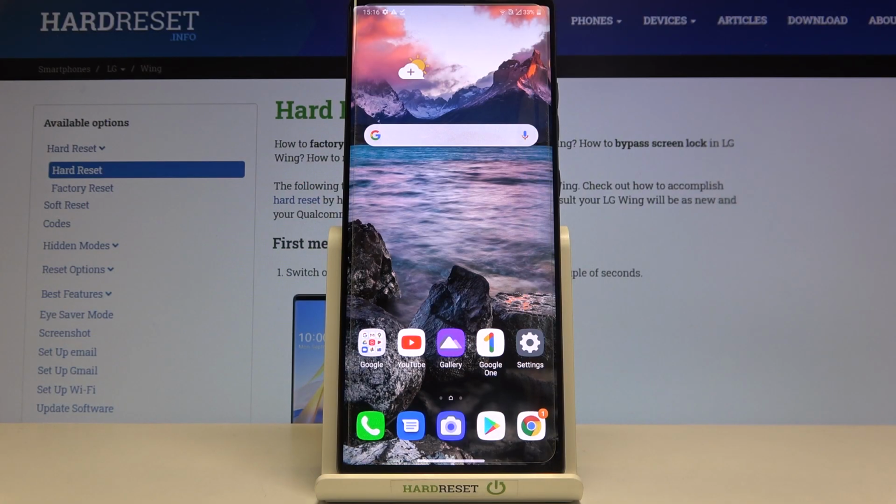Hi everyone, here we've got LG Wing, and let me share with you how to set camera timer on this